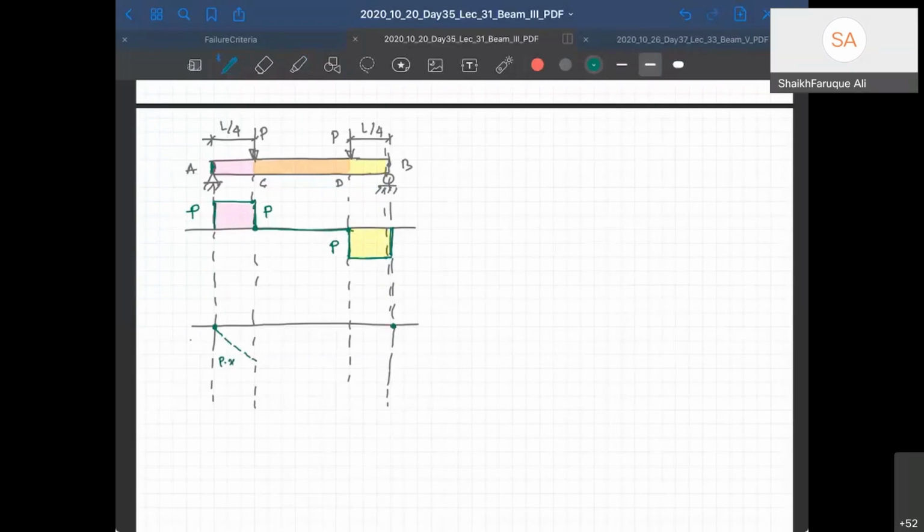Then this will be P into X minus P into L by 4. That is going to be here, right? And that's going to be a constant value, right? So what is this portion? This portion is P into X minus P into